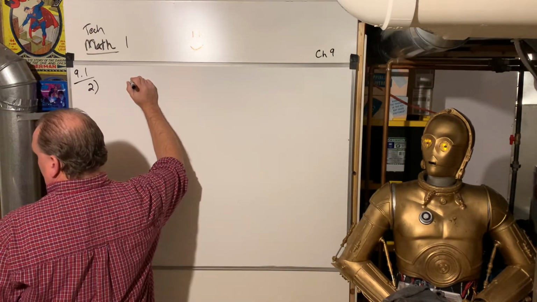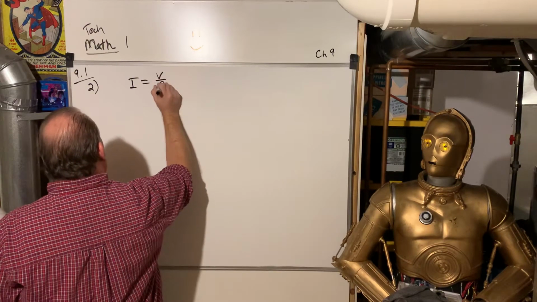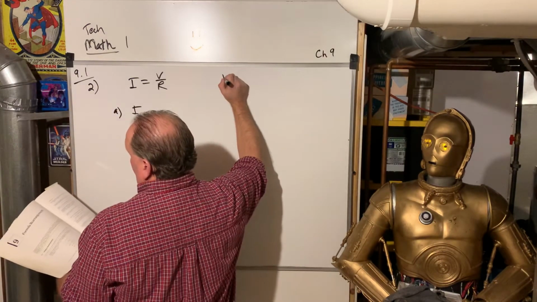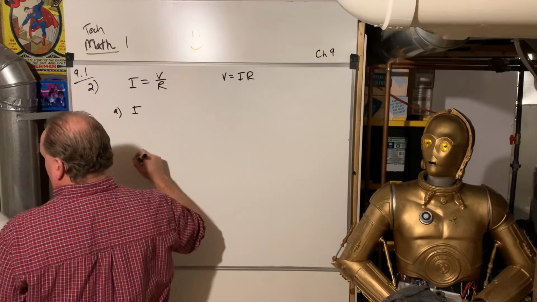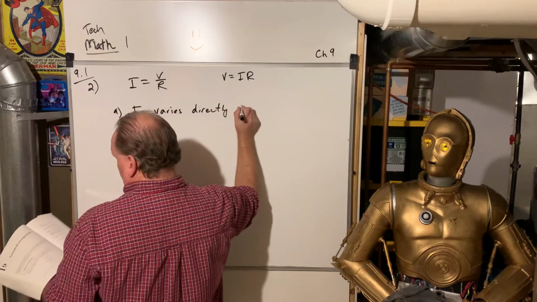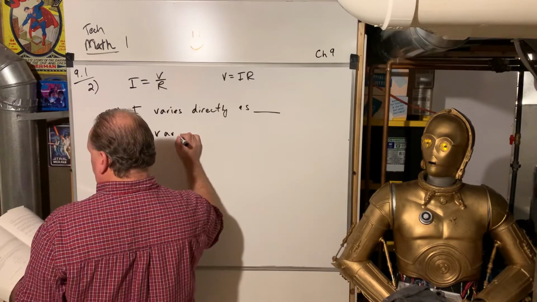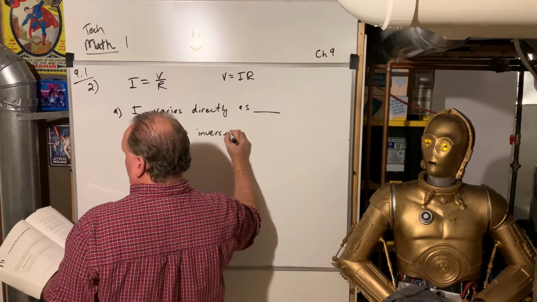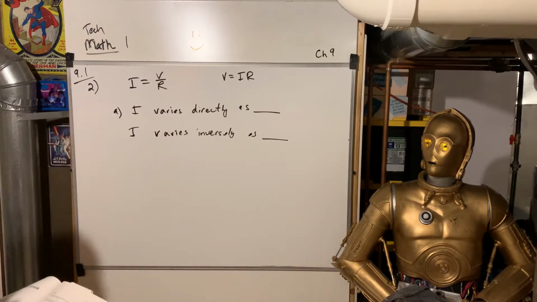So here, from the rearranged formula, V equals I R. So we would say I, this is the original one, V equals I R. I varies directly as blank, and I varies inversely as blank. And so I would vary directly as V,